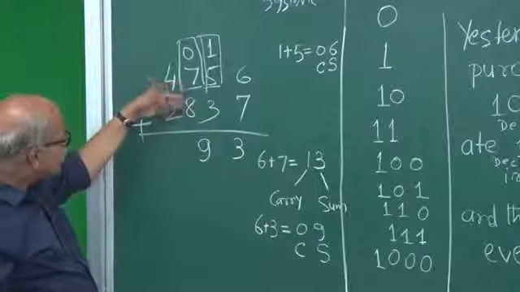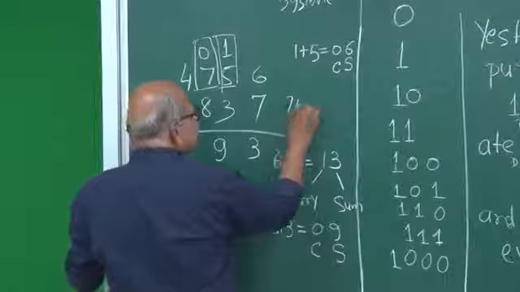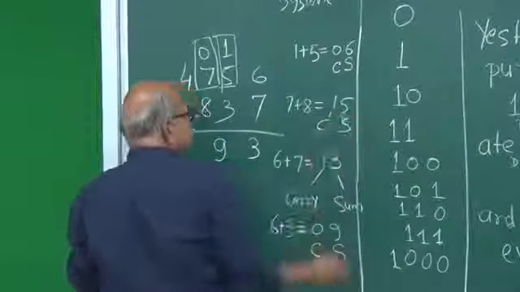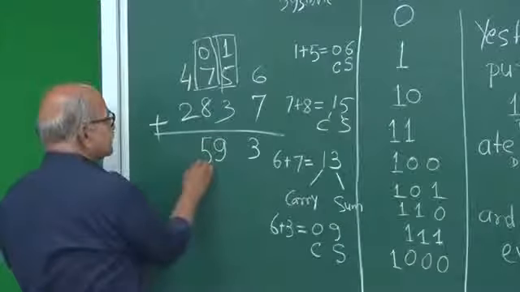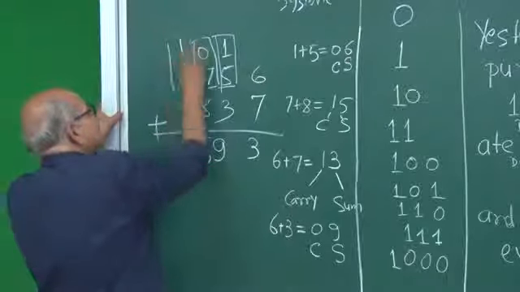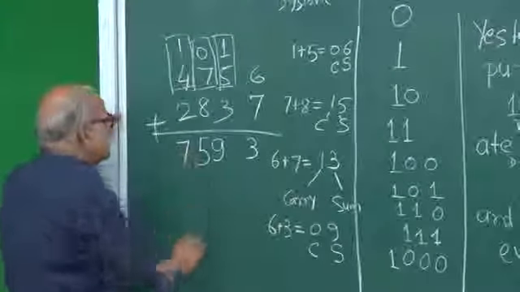So, that is it, and therefore, this 7 plus 8, and that 7 plus 8 is 15. So, this is the sum, this is the carry, and so sum I will write here and the carry I will write here. Then once again 1 plus 4 and same story, then 5 plus 2, same story, 7, and